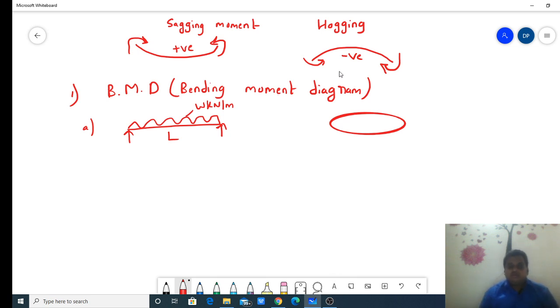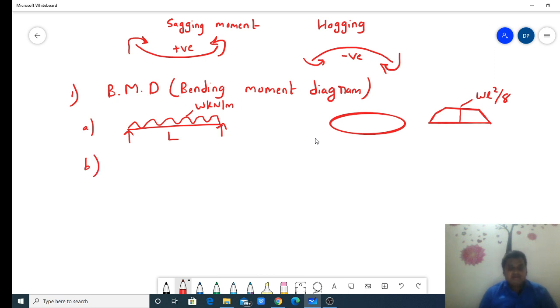So you know that parabola, right? Here it is not showing a parabola. One second, let me rub this. If I consider the other side, if this is the parabola I am talking about, this will be my parabola, and this height will be WL square upon 8. This is the formula for the parabola.